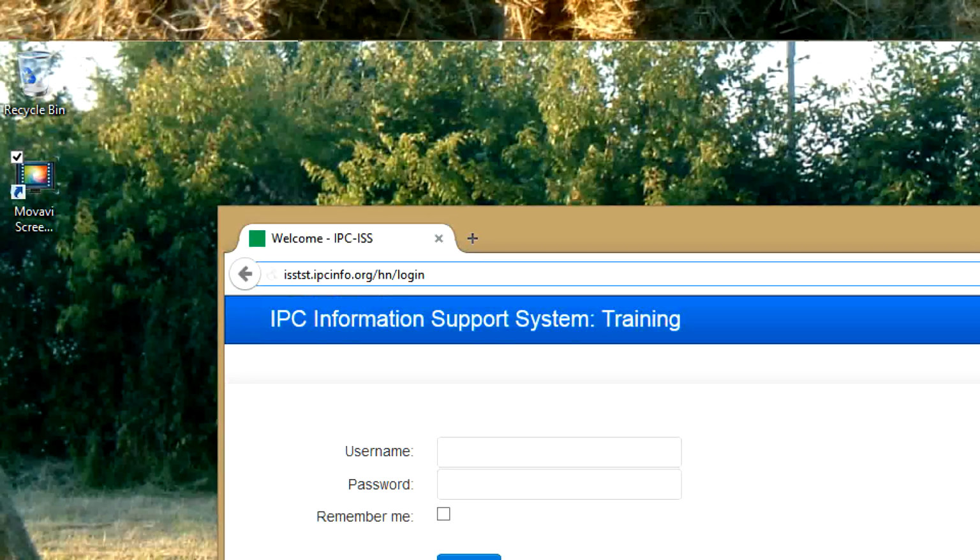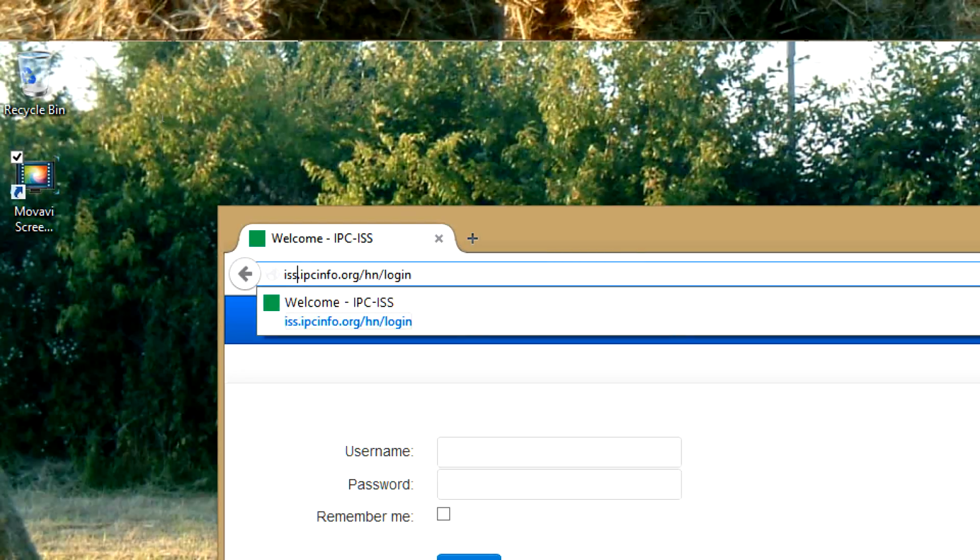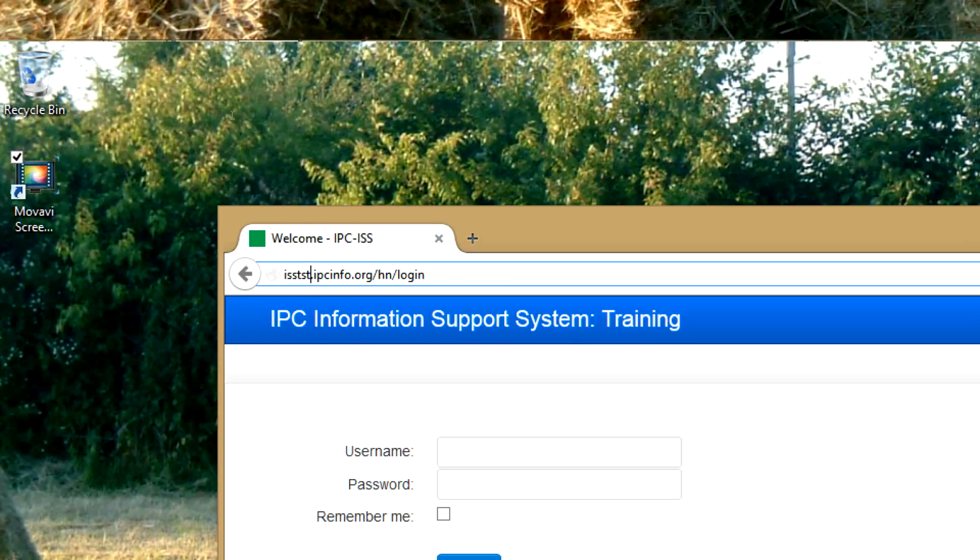For each country portal that's created, there are two sites that are created: a test site, ISS TST, and a production site, iss.ipcinfo.org. The difference is that the production site is meant to be used for your real data, whereas the test site can be used for training and testing purposes. For this video demo, we are going to use the training portal,